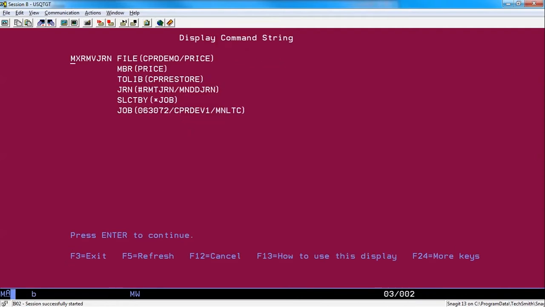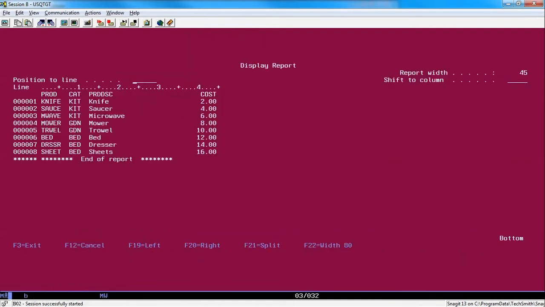CPR provides a way to restore back to a critical point too. I can use either the GUI or even the green screen commands to do this. So here on the screen, I'm telling CPR to roll back all the data changes that were performed by developer 1. On completion of the rollback, we can see that the price file is back in the correct state. It has the prices, the costs all doubled as in the first time when the program was run to do